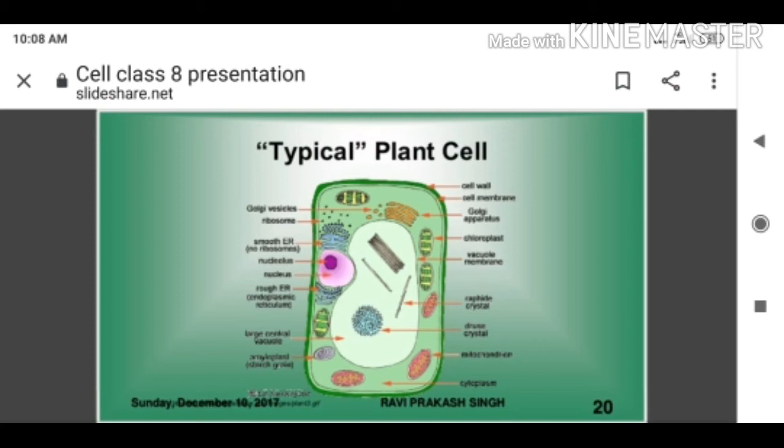With the nucleus, the nuclear membrane is present, and the endoplasmic reticulum is attached to the nuclear membrane. Mitochondria are also present. Mitochondria, endoplasmic reticulum, ribosomes and chloroplast. Chloroplast is present only in the plant cells. The big chloroplasts are shown, so they are present in the plant cell.